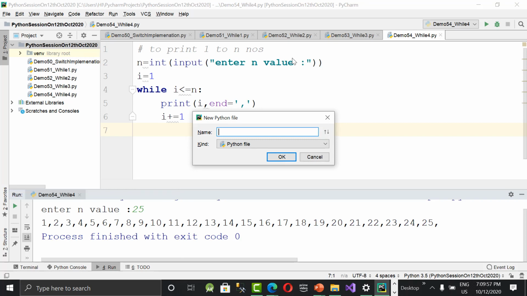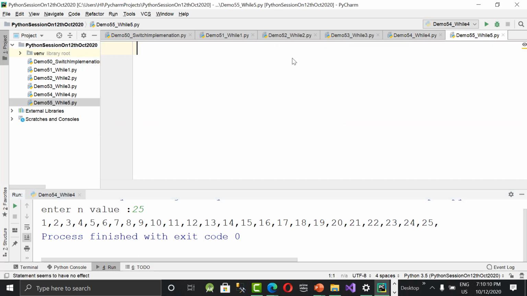So what I'm doing here to print the fifth table. The variable name, a or i, can be anything. i value 1, while i less than or equal to 20, because we need 20 terms. What should I say? I need to print double quotes, whatever you want. I want 5 as it is, x as it is. Give it a comma. Beside that, I want i value.